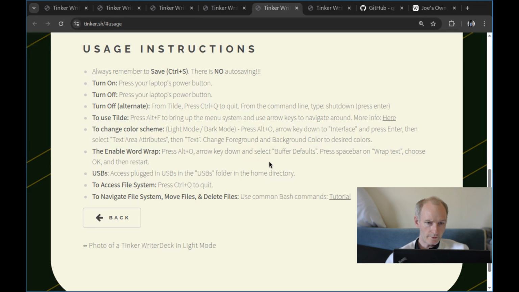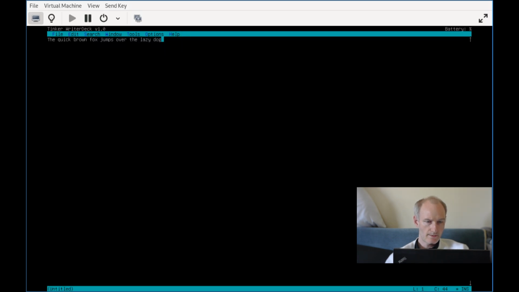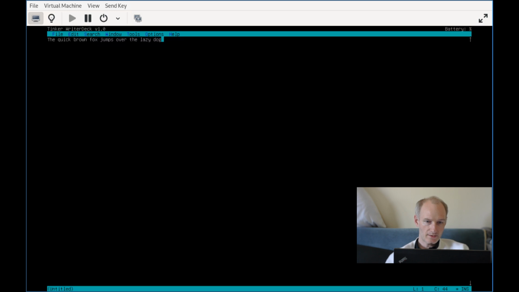You can enable word wrap. Word wrap is, if I go back into this, let's do that. Oh yeah, what about the About? I'm just going to have a look at the About. This will tell you how old Tilde, the text editor, is. It's 2018, this build. Now I don't actually know how old the latest build is on Debian, let's say the package. But if I go back again,